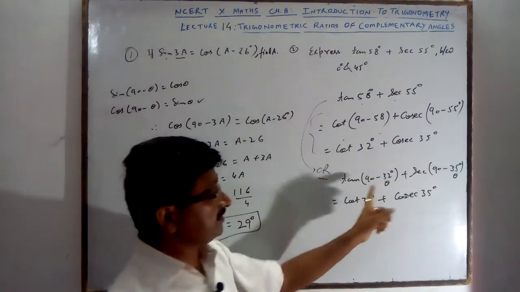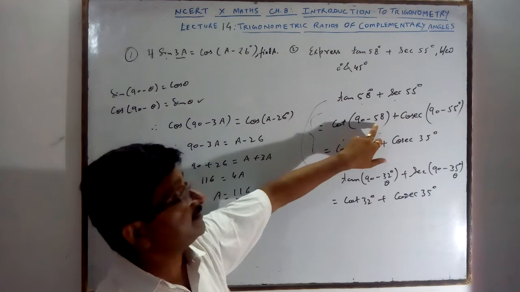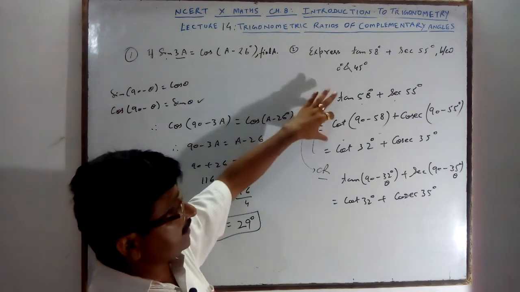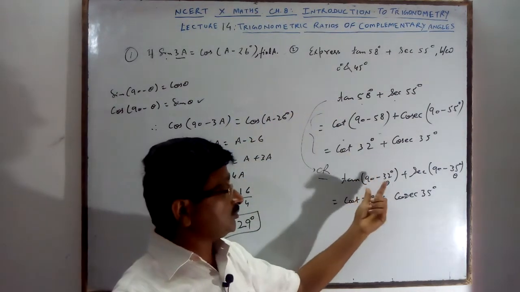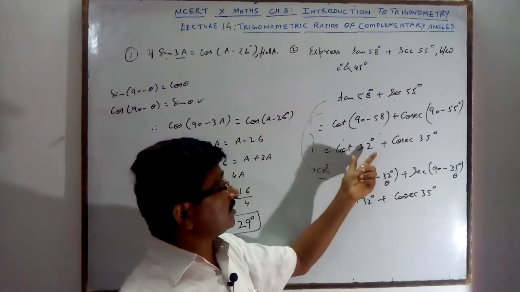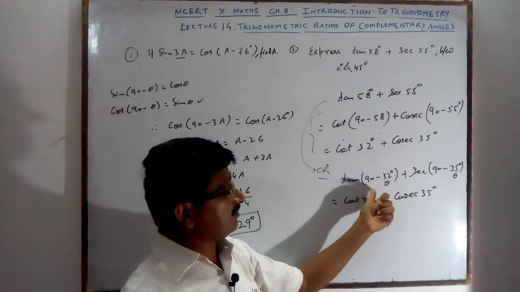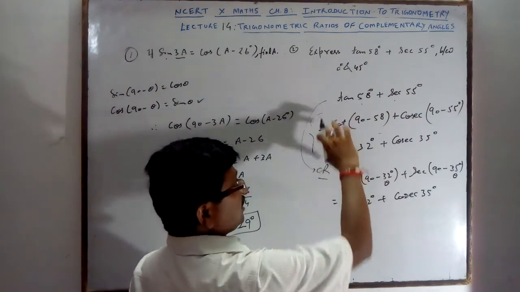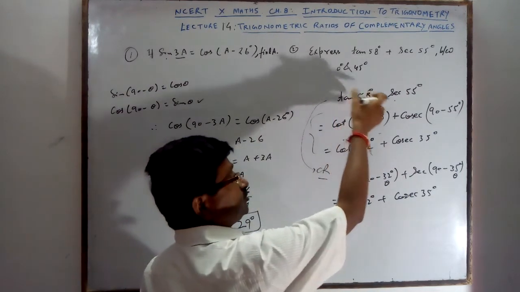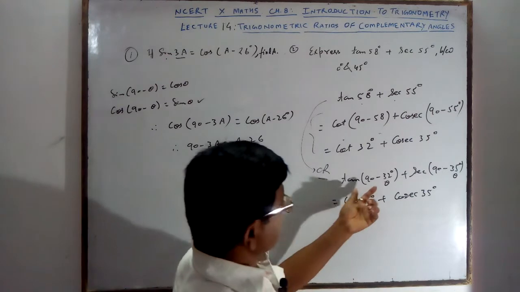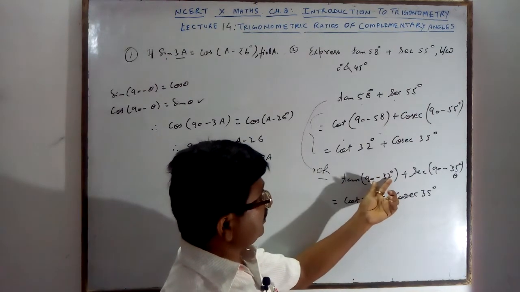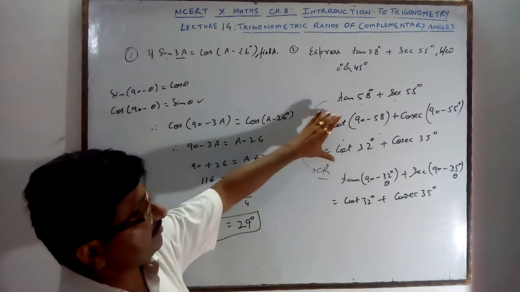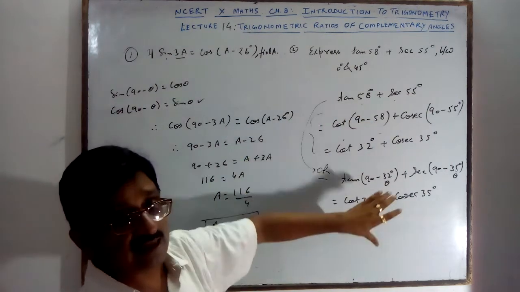Here 32 is acting as theta. In the other method, you convert the name and then subtract the angle from 90. In this method, 58 is converted into the form of 90 minus theta. That is the difference between this method and that method. If you subtract the angle from 90 and write the new number, then it will be 90 minus theta. Tan(90 minus theta) is cot theta. Choose whichever you like, this or this.